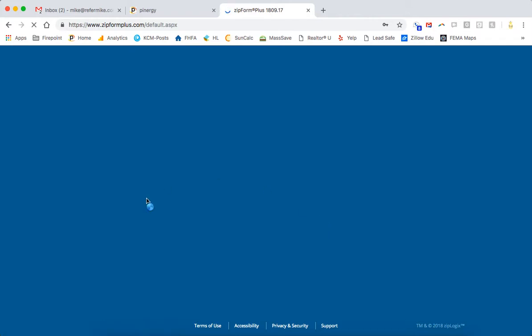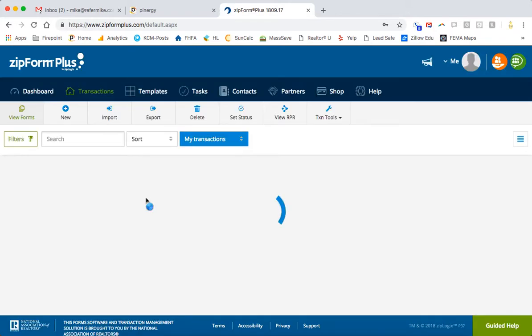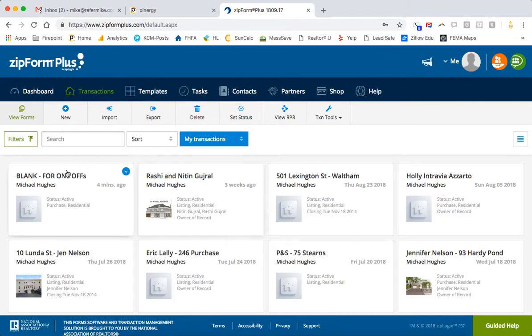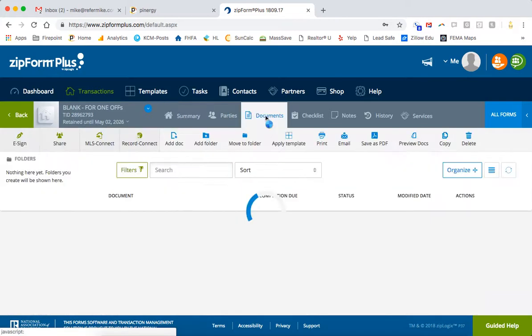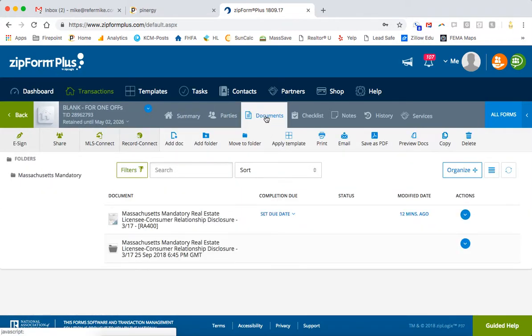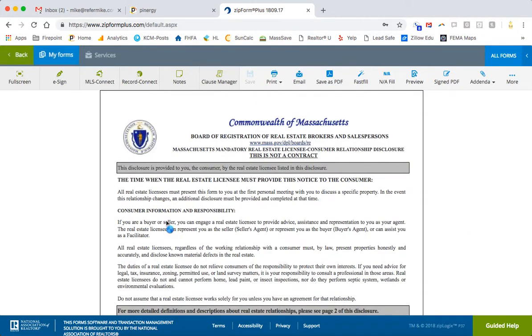If you want to just do the basic e-signature and form setup, just watch the other video because I'm going to go through that part a little quickly. I go into my transaction. I'm going to go over to documents, and you can see that I have one document that I have edited,